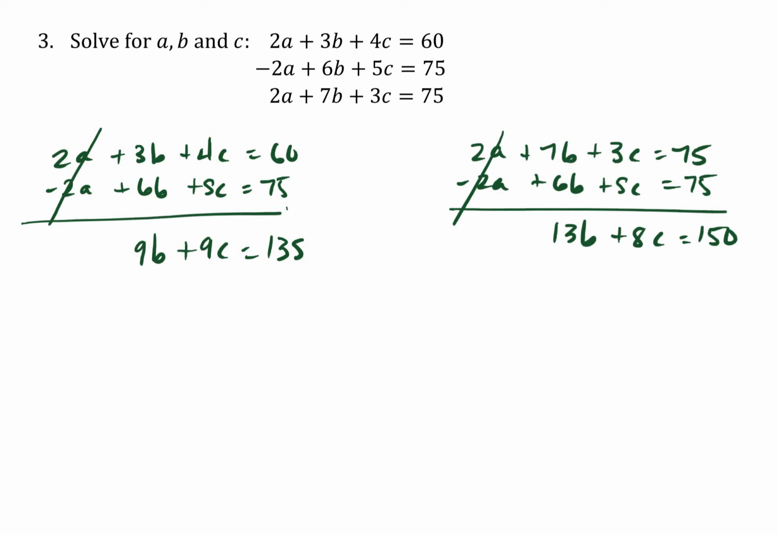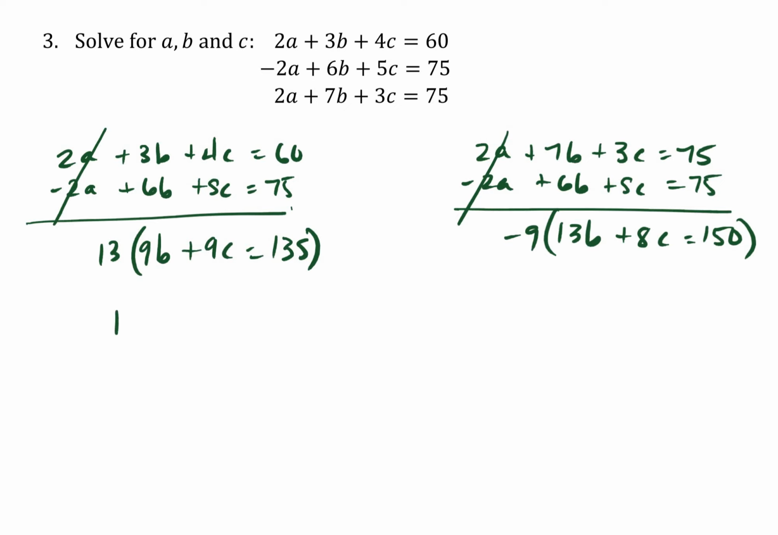So if I try and eliminate, say, the b's, well, I would multiply the first one here by 13, and the second one here by negative 9. The reason why I'm making it negative is so that we get something there that will cancel. So if I do 13 times 9, I get 117b plus 117c equals 135 times 13, so that's